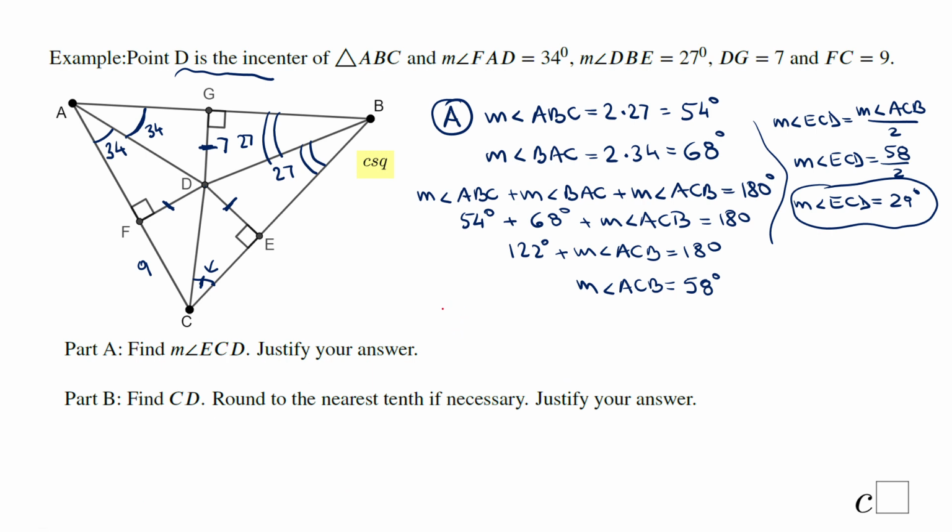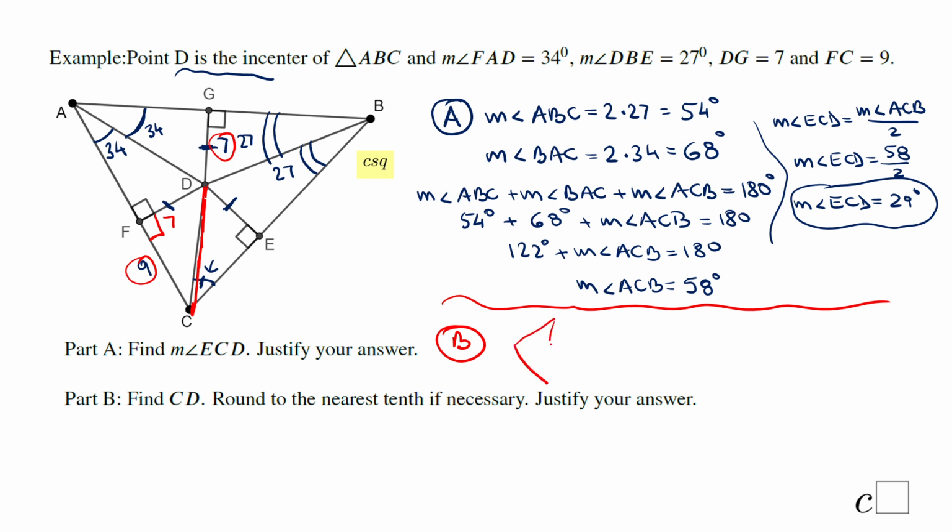Part B, we have to find CD. CD is this segment. Okay, this is 9. This is a right triangle. Now, if you remember, this is 7, so that means this is 7. So if you take a look, we have a right triangle there. This one. And we know this leg is 7 and this one is 9. We need to find this